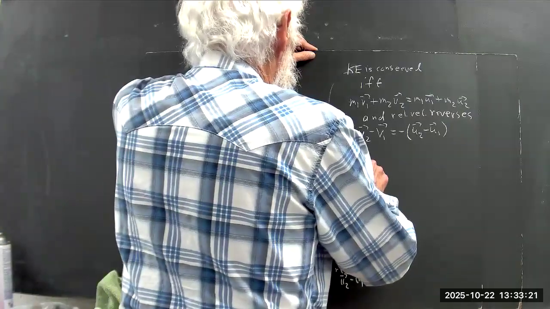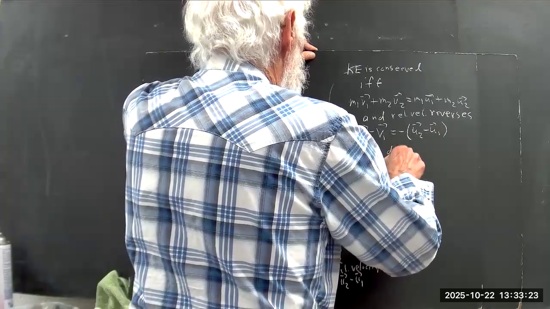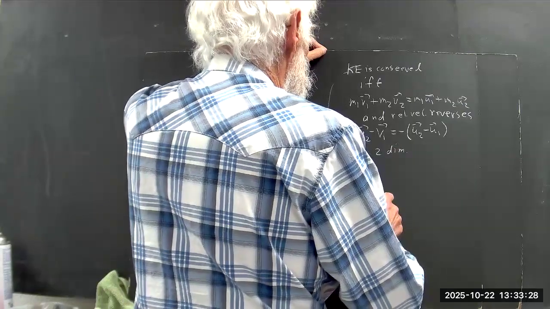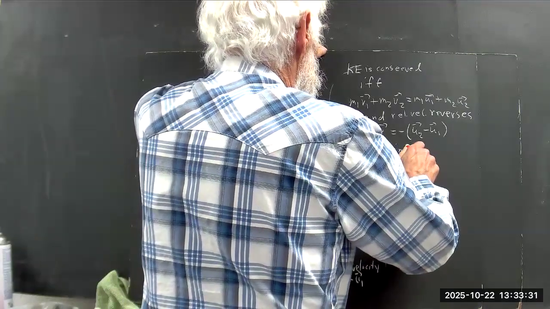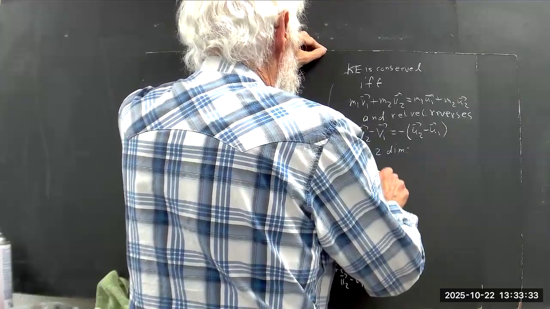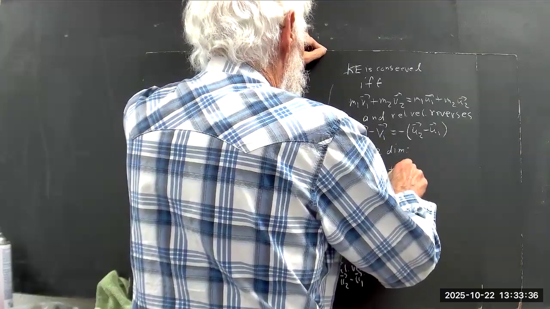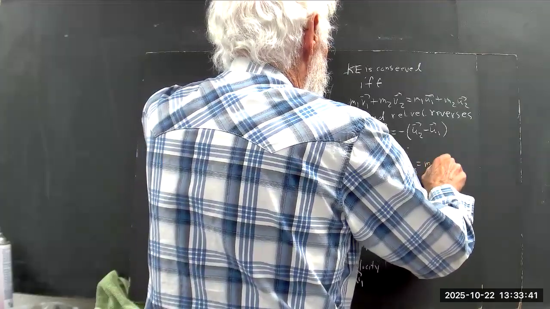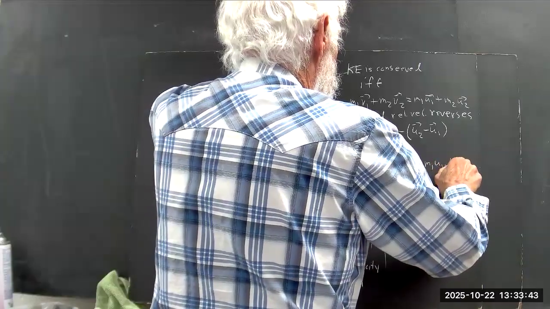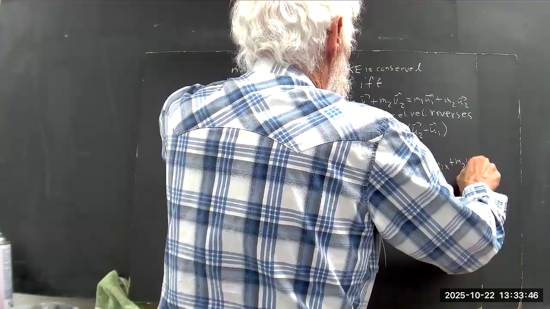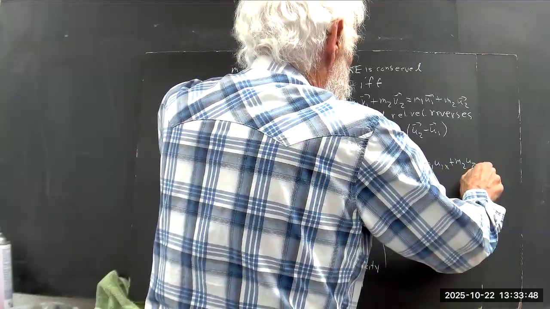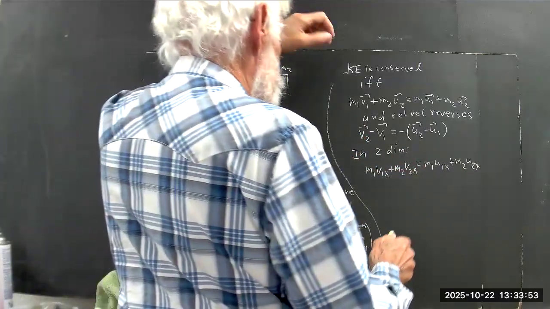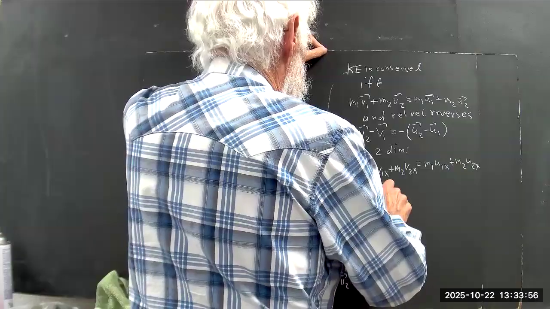So I'll just say in two dimensions, you have M1 V1x plus M2 V2x equals M1 U1x plus M2 U2x. In other words, you just write out the equation for the x components. And you have then